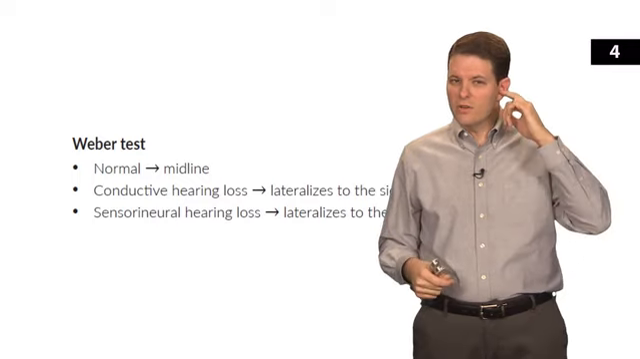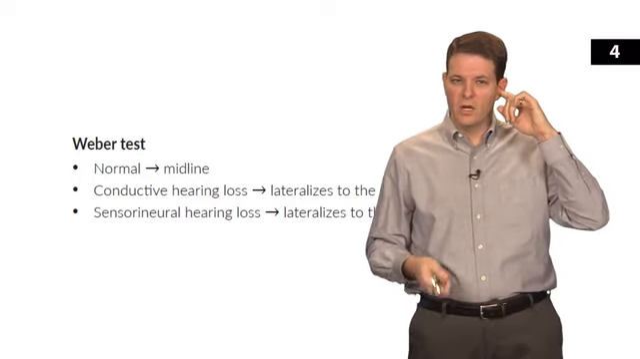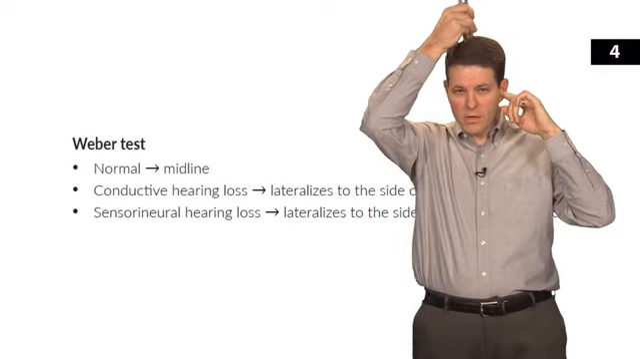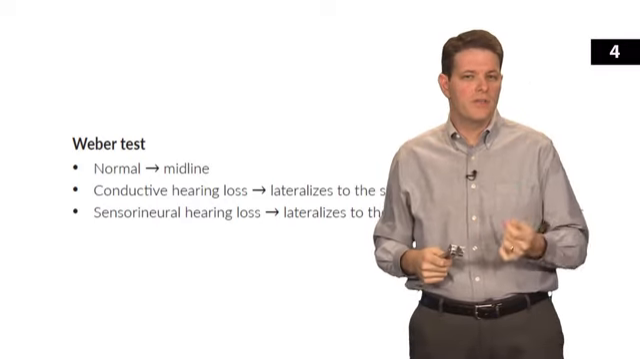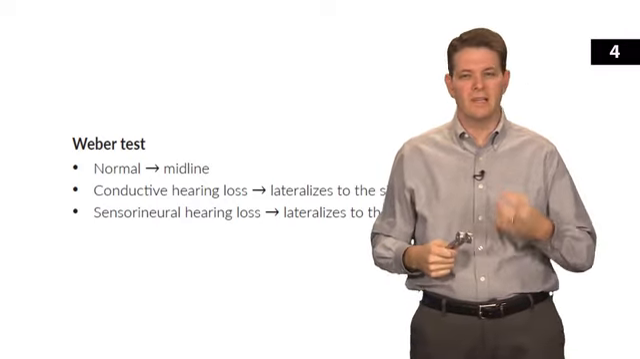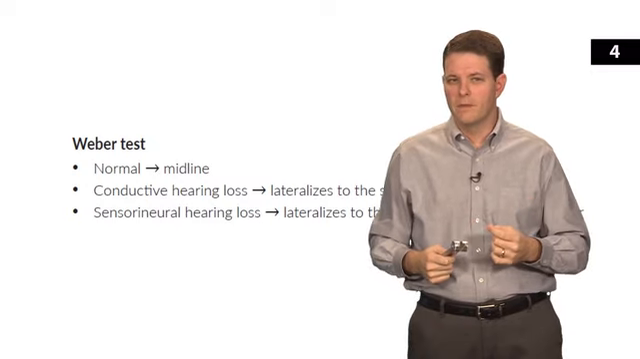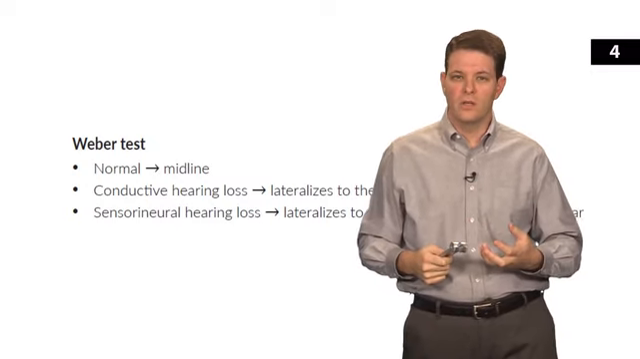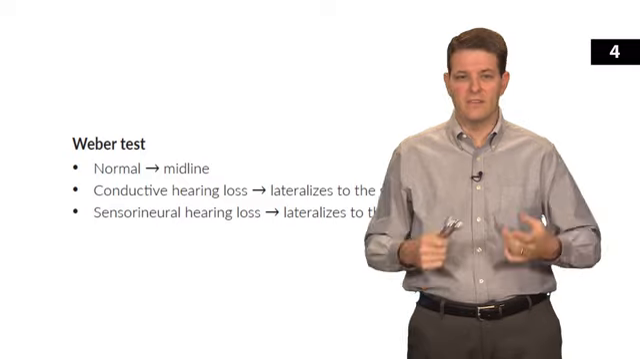Try it out. You can give yourself conductive hearing loss by plugging your ear, and then try the tuning fork, and it should be louder on that side. You can use that to help you remember that conductive hearing loss lateralizes to the affected ear. If you have sensory neural hearing loss, you won't hear anything on the affected side, so the sound lateralizes to